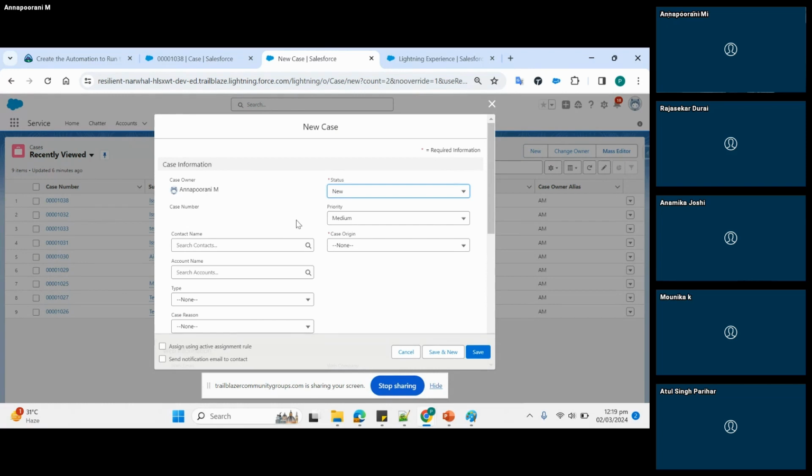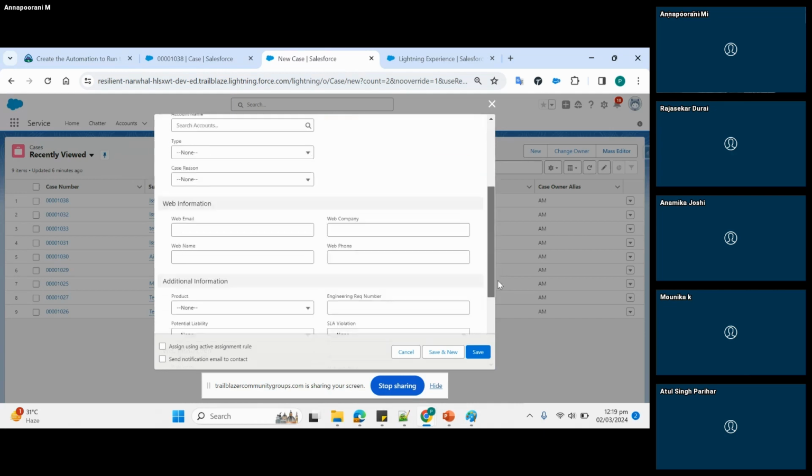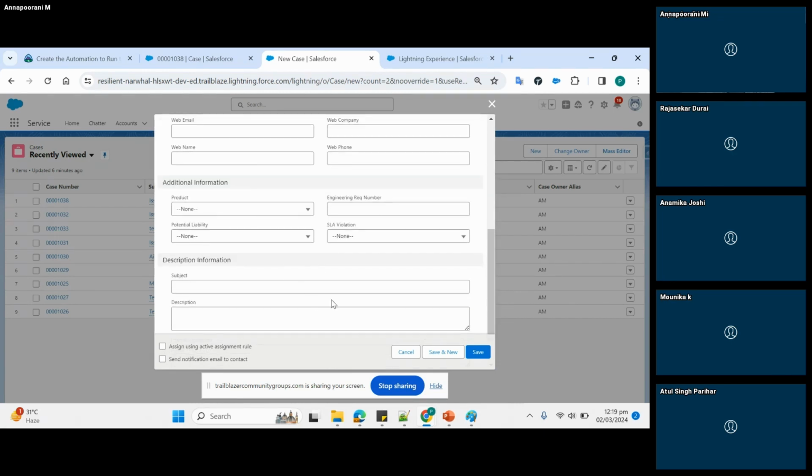Similarly, for the customer care who is raising the ticket on behalf of us when we are calling them, in that case also here they have an option to enter. They will ask us what is your name, what is the issue. They'll ask over phone and then they'll keep entering all the details here. So once they enter all the details